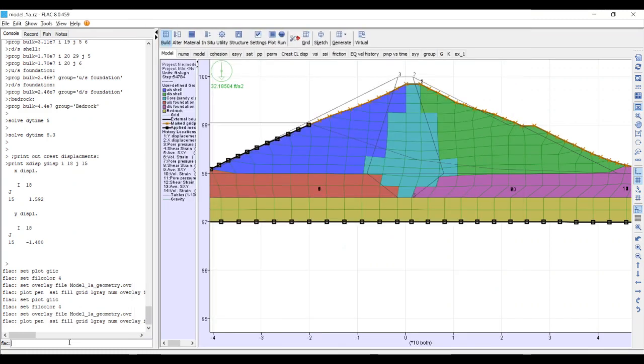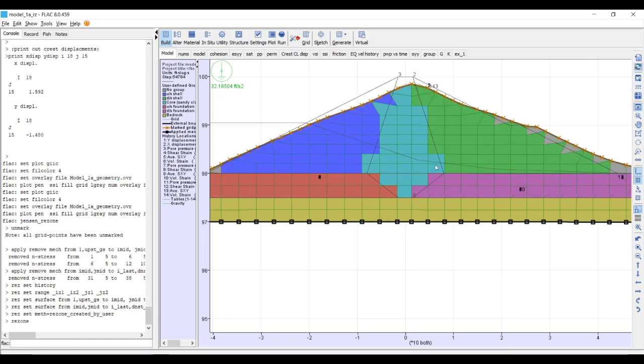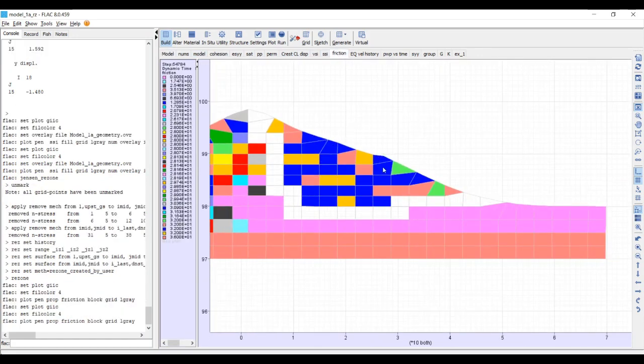So I'm going to type in Jensen rezone, hit enter, and it looks like nothing happened, but if you hit refresh, just keep an eye on these elements. So now they've all been rezoned. Okay, so now you can see the problem. See these gray elements, says no group, and that's because the rezone function doesn't keep track of the element group, right? But we can tell that it did rezone properly if we look at something like the friction angle. So it actually has friction angles,